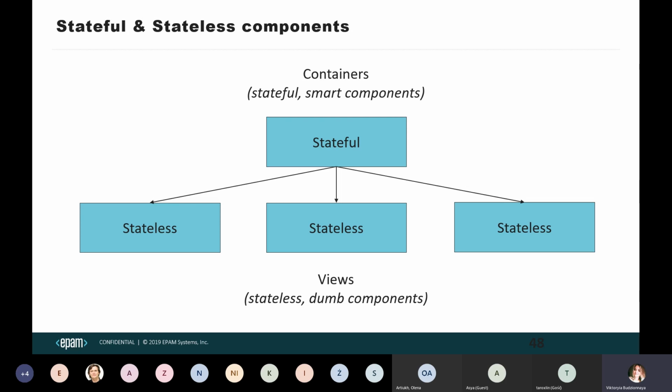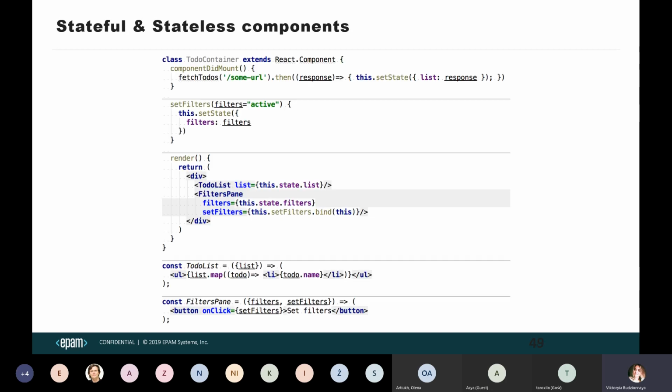And all these names are pretty much about the same. It depends on what you want to highlight, calling a component using a certain name. This is the example of stateful and stateless components. So here, the to-do container is a class component, it is a stateful component. We defined it. We didn't define state in the constructor because we didn't need an initial value for state, but we